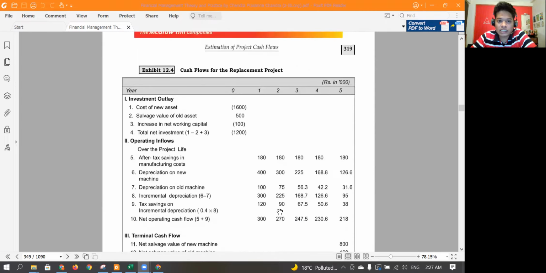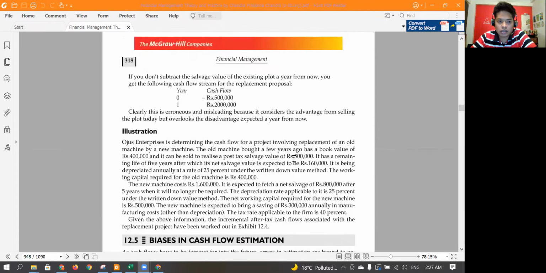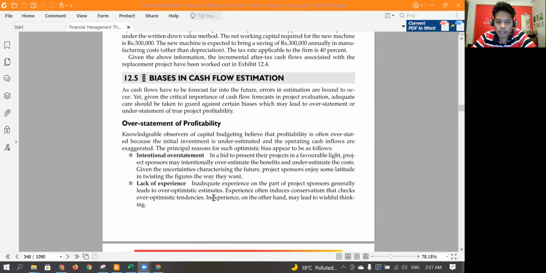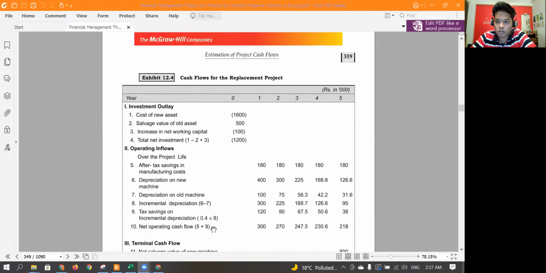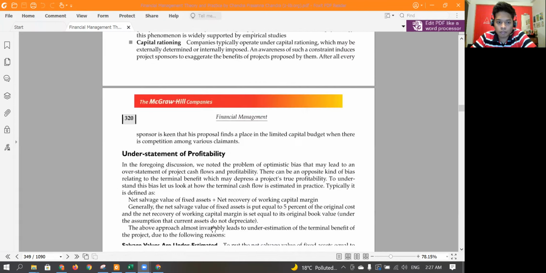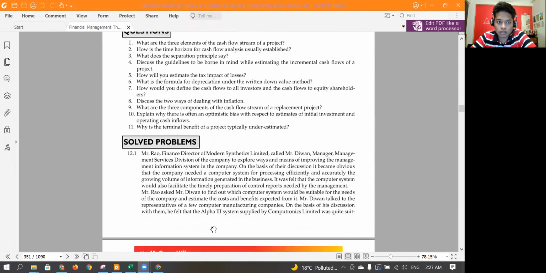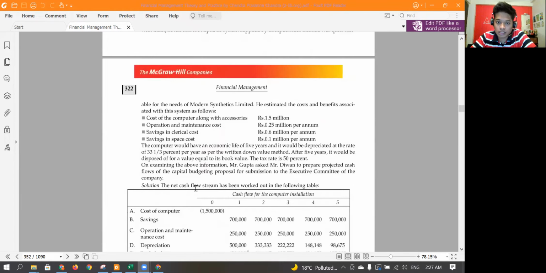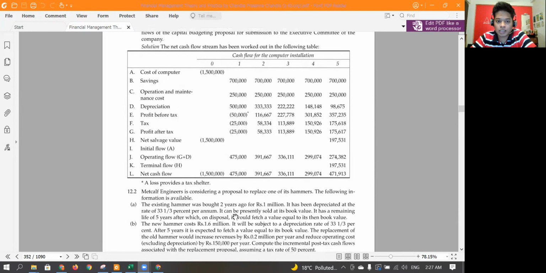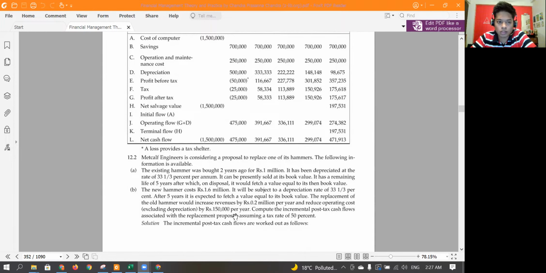Now you can refer to these sums, so you can see that this illustration is given over here and the solution is given over here. Because these are already solved, I'm not doing this again. I'll just solve the unsolved sums at the end. This is also a solved problem. I would suggest going through this, because if you're not sure, you can go through these sums. This will give you a rough idea of how to solve this.